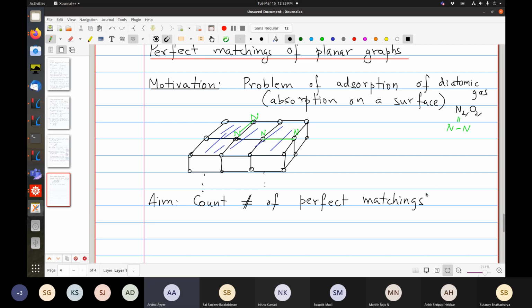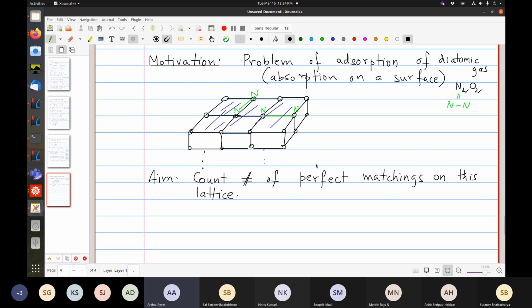on this lattice. You can easily imagine that you are in some supersaturated atmosphere, so they will occupy as many as possible. And again, this may not be technically true. For example, if an N sits here and an N sits here, this cannot be, like that. But the point is that this count is going to give you some indication of the complexity of this process. Okay, is that clear?